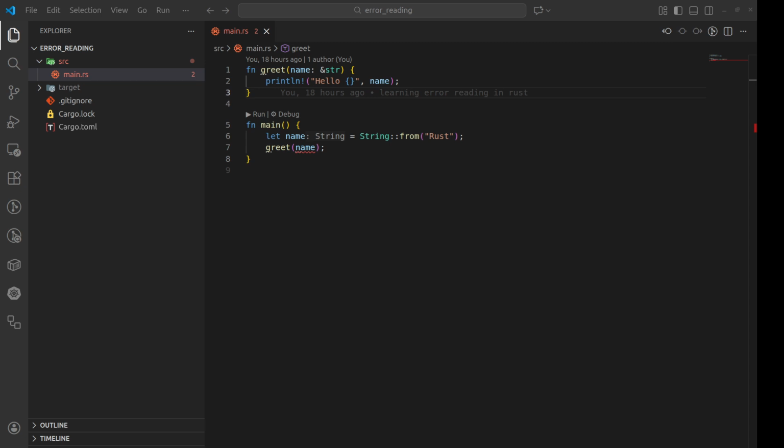Rust error messages look scary at first, but the problem is not the error. The problem is how we read that error. In this video, we are going to learn how to read Rust error messages step by step by using real world